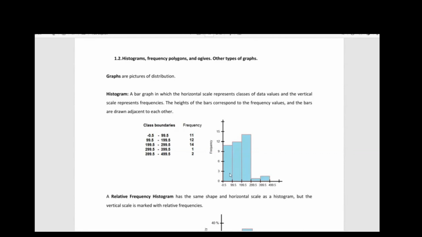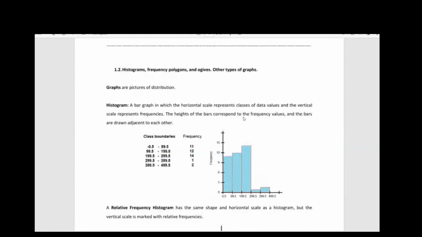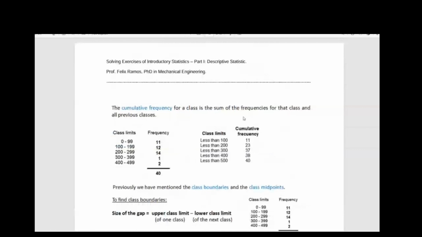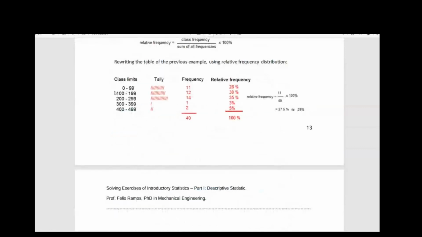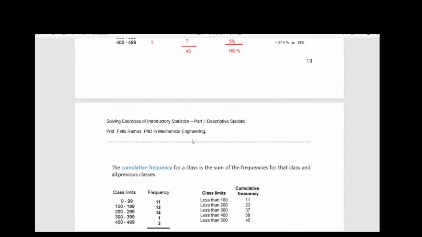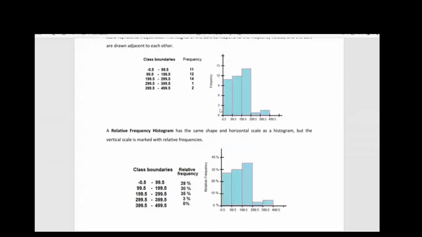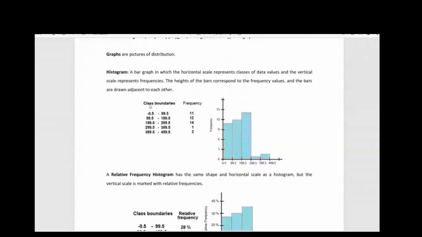That's why to construct my histogram, I will use my class boundaries, because remember that if we use lower class limits and upper class limits, we will have a gap of 1 unit. So we will have a gap in the histogram. And we don't want to have a gap in the histogram, so I will use the class boundaries instead of the class limits, right? So my first class for my histogram will go from 0.5 to 99.5 with a frequency